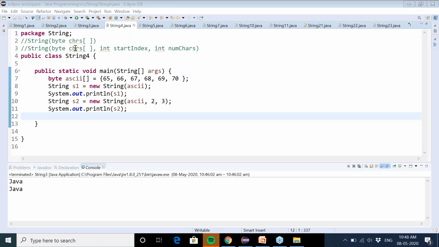And here we have created a byte type array, and in this byte type array we have 6 elements starting from 65 and so on up to 70.